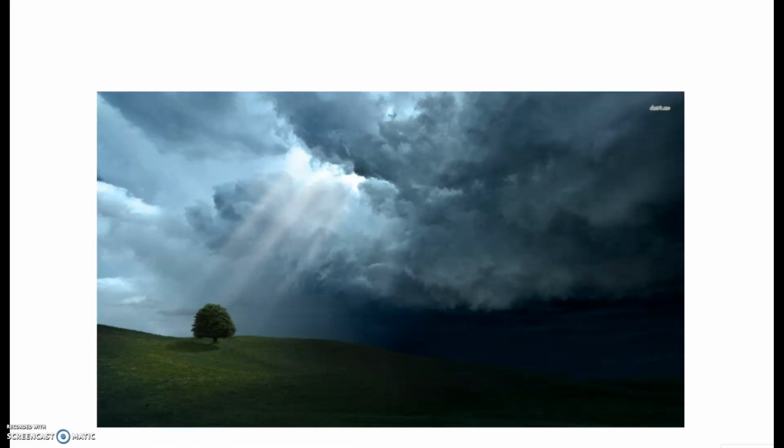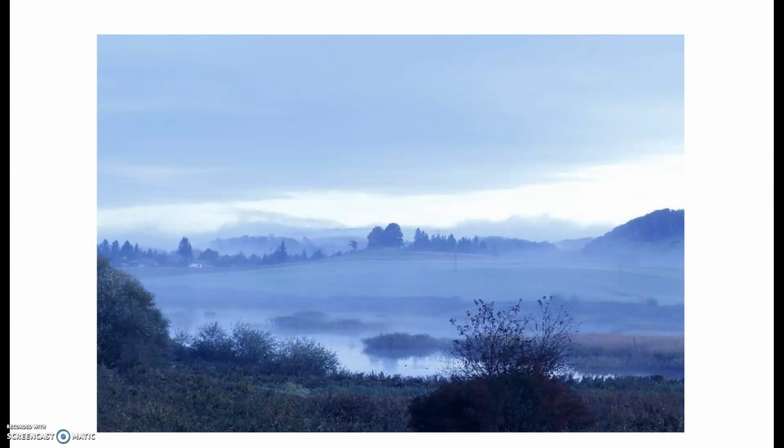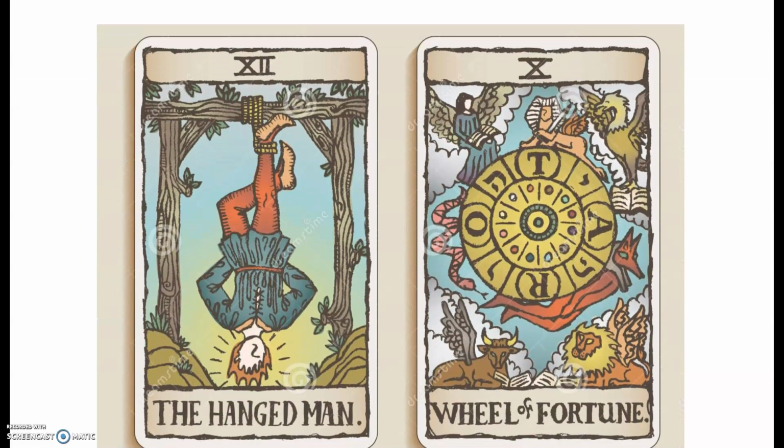What about this? How do you read this situation? I think it can be read in a couple of ways. Dark things ahead, difficulty on the horizon, or you can say the calm before a storm, or every cloud has a silver lining, everything has a bright spot. Depending on the situation, I think you're right, but there is a storm a-coming, right? There's a storm ahead. This one, early in the morning. How do you read this environment? Well, quiet. Peaceful. We also read these, for those of you that know what they are. These are tarot cards. But we do read that, right?